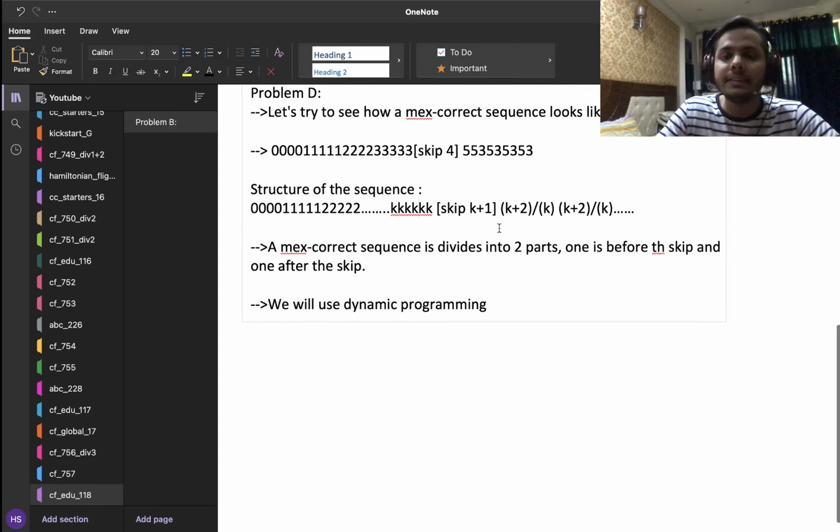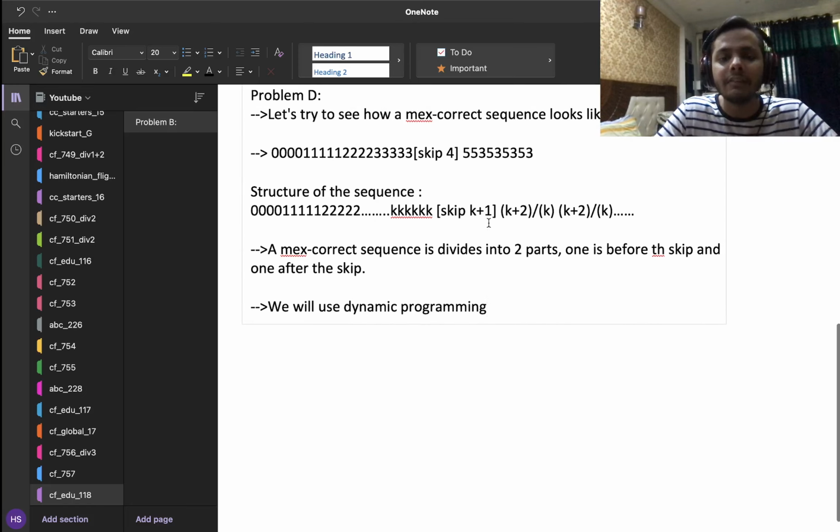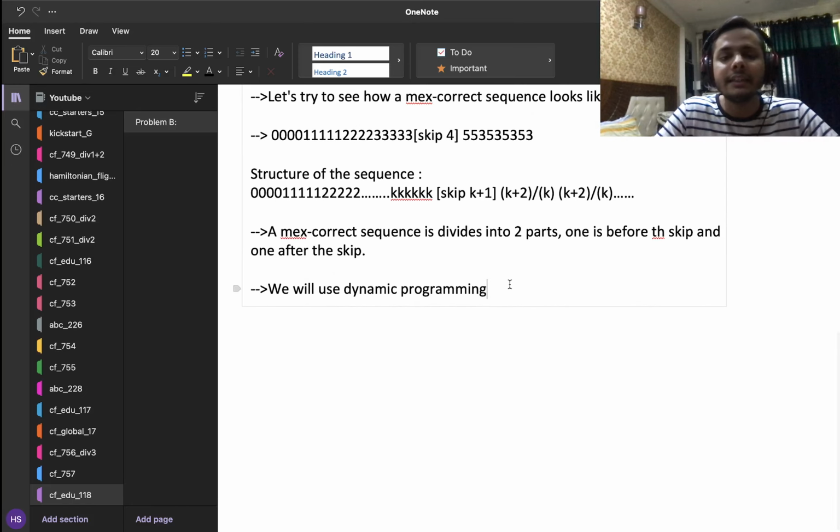But the main idea is that in all such problems, we use dynamic programming, where the number of states is first of all the index which we are at, and the second state is going to be the part which we are at. And here, since there are only two parts, the second state is going to be either the first part or the second part. Similarly, if there would have been more than two parts to the sequence, then we would have changed the state of the DP accordingly.